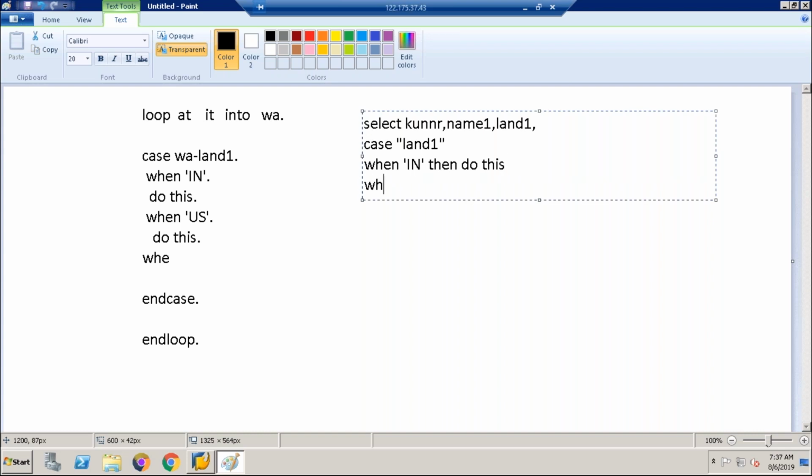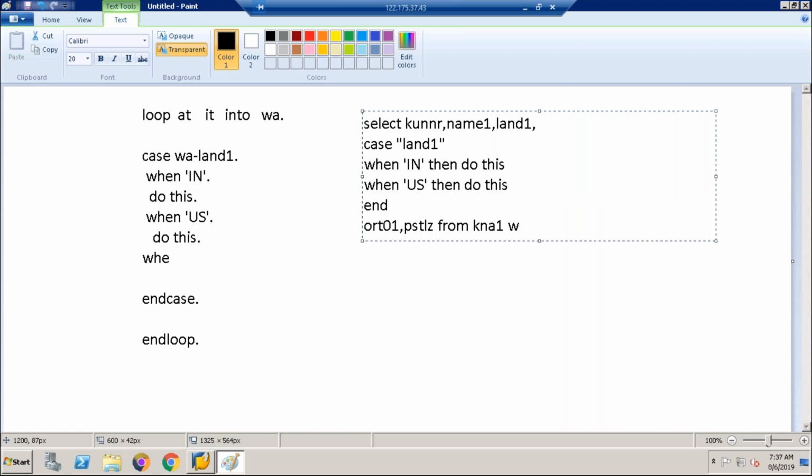Then again when US, then do this. Like this, okay? Then we simply write end. Then the remaining select fields like ORT01, PSTLZ from KNA1 where condition. This is how we write in AMDP or CDS.